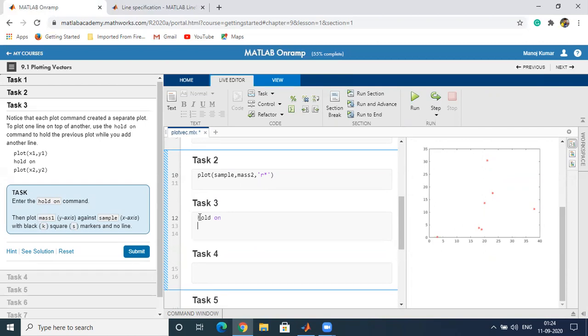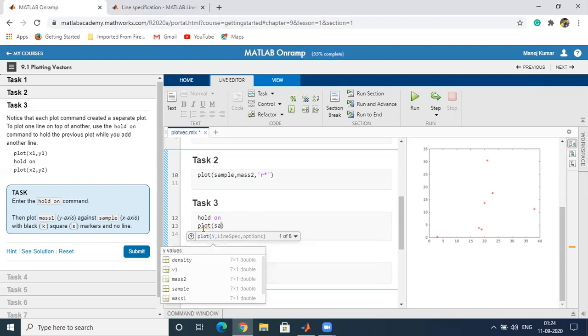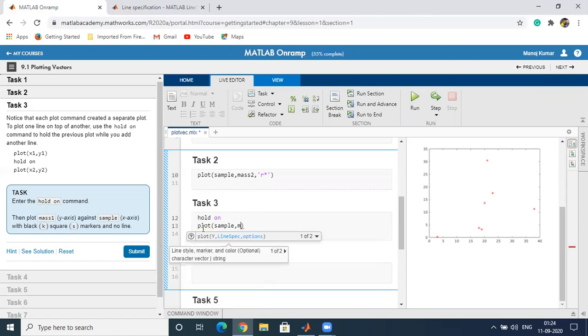Now next, we will use plot, on the x-axis is sample, on the y-axis it is mass 1, and now we have to specify the line with the black.